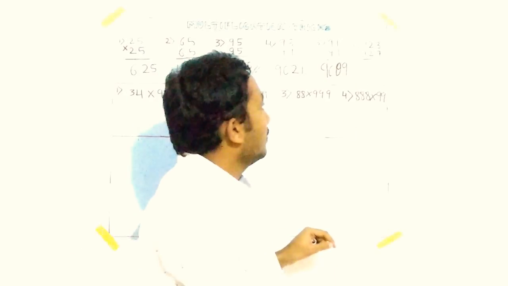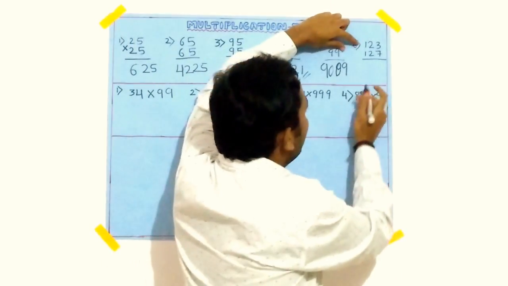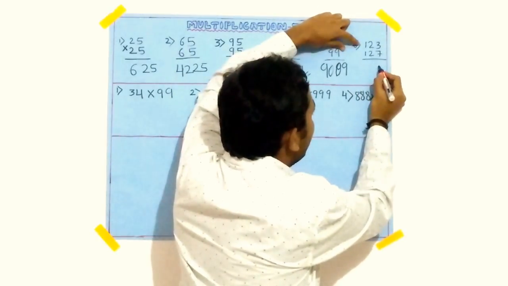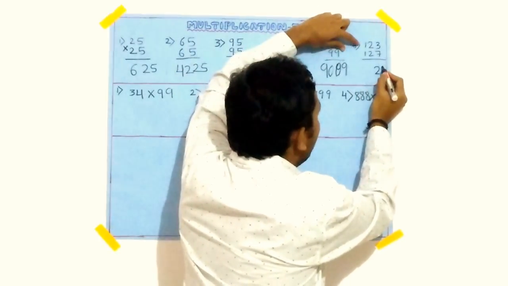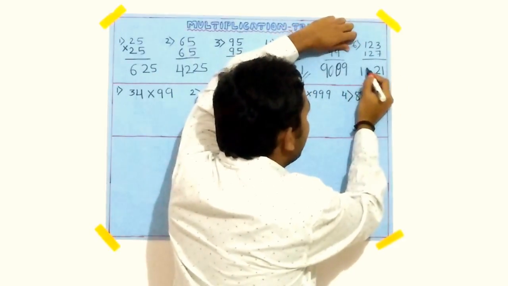Here also, in this case 1 plus 9 is 10. So always the unit digit takes 2 digits of the answer. Here 1 into 9 is 9. So you cannot write only 9, you need to write 09. And 9 into 10, 90. This is the answer. Last problem is 123 into 127. 7 threes are 21. And for the next digit, 12 into 13, 156.